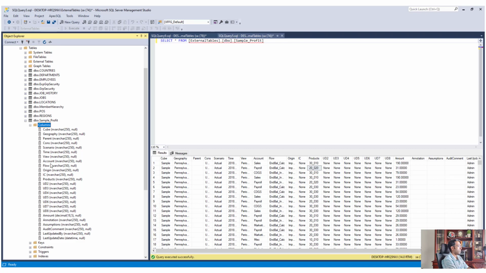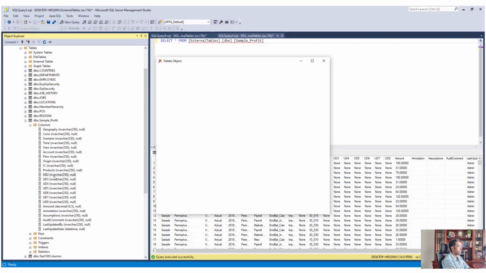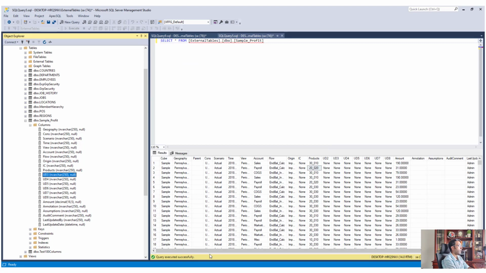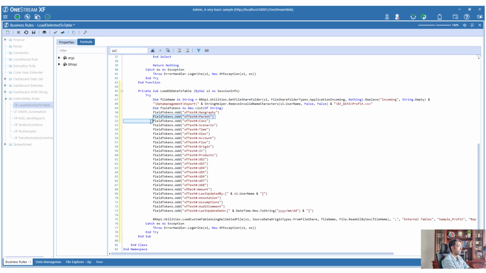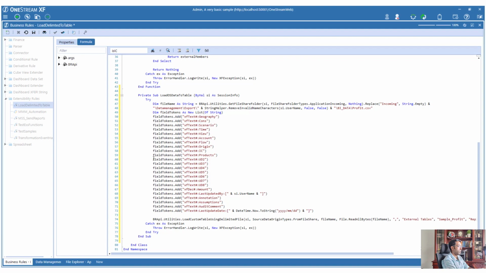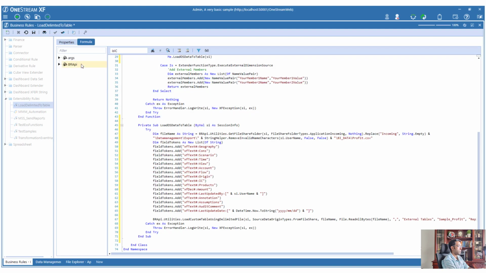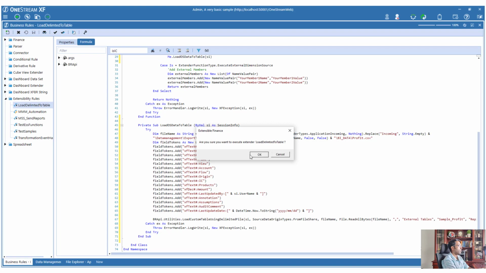So what happens if I don't load the UD1 and say I don't need the UD1 information? If I delete this information, it is not going to take it. So if I say I am going to remove the cube, I don't need the parent, and I don't need the UDs because I don't use them anymore. Now if I load this information, I'm going to say I don't need the parent, I don't need any of the UDs. If I try this, what is going to happen is